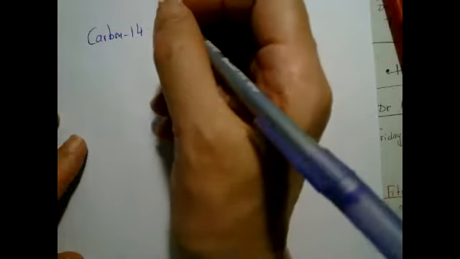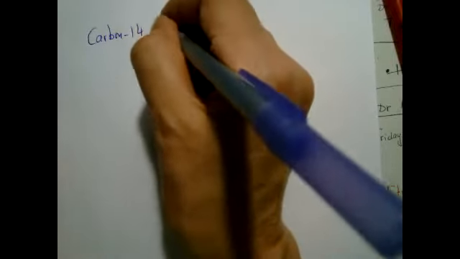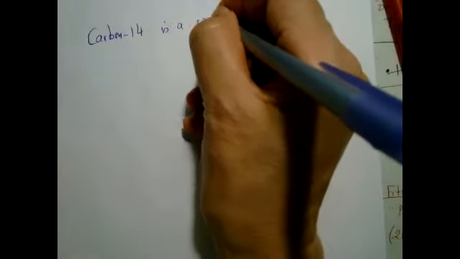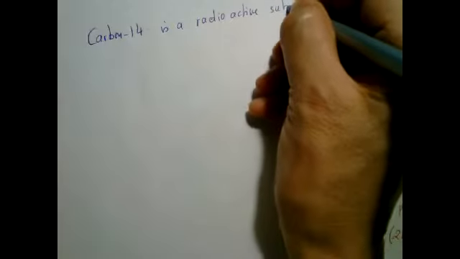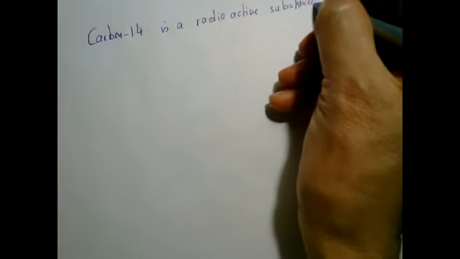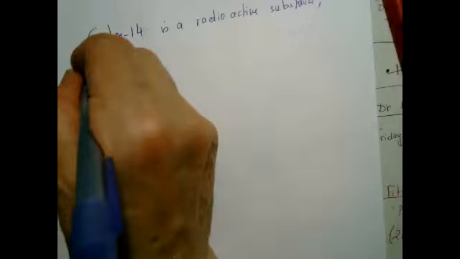Carbon-14, which is used to basically find the age of people. When people die, they use it to find how long ago they died. So carbon-14 is a radioactive substance, and it decays